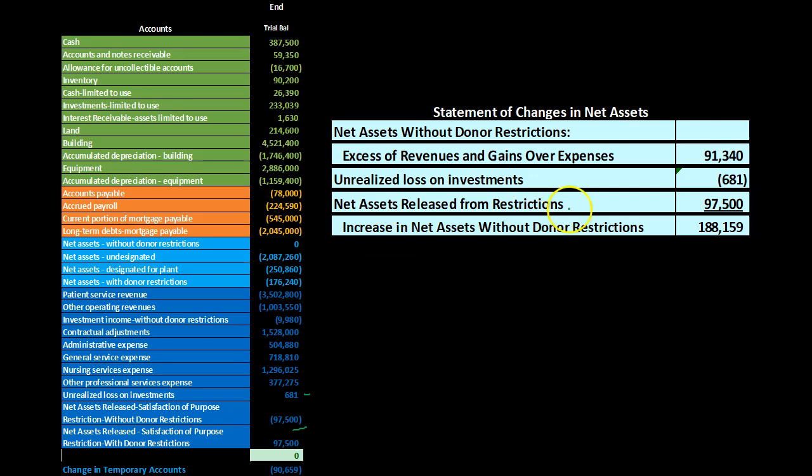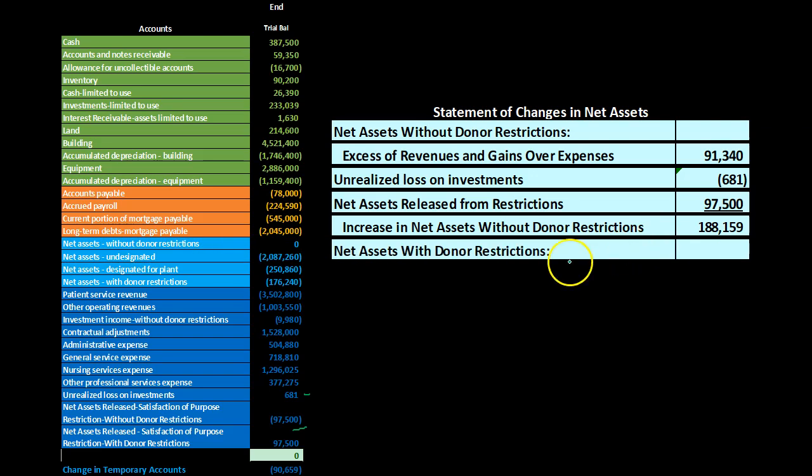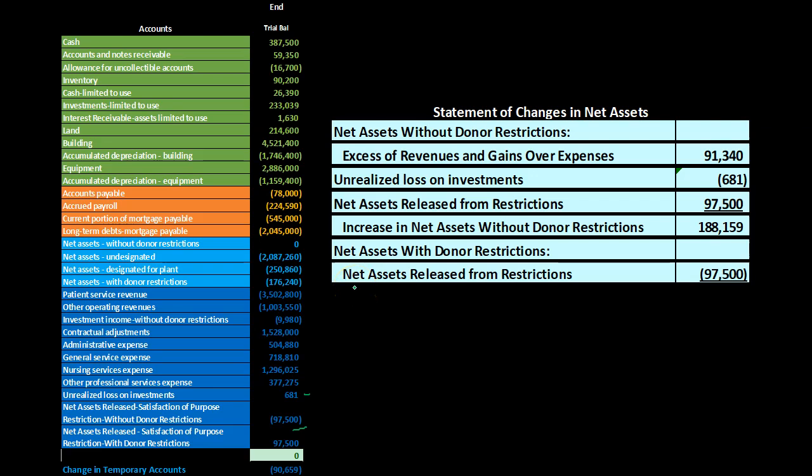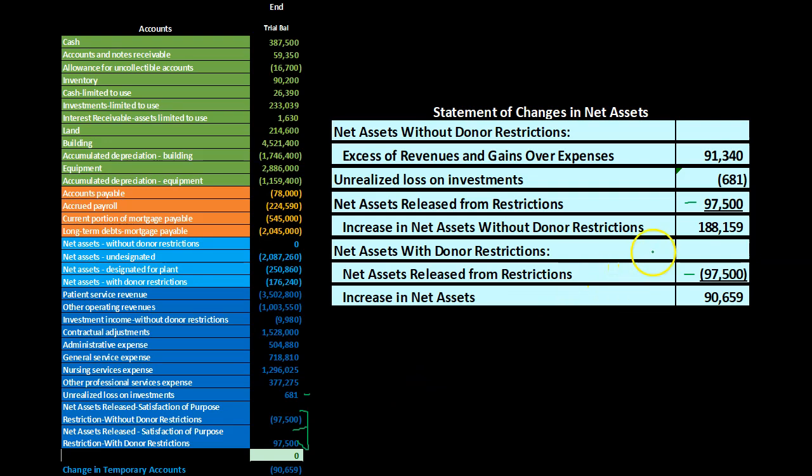So the increase in net assets without restrictions then, the 188,159. Next, we're going to say the net assets with donor restrictions are going to include net assets released from restriction. So notice that these two basically cancel each other out now, right? We added that, now we're subtracting it just as we do here. And then if we take that 188,159, the increase in net assets without donor restrictions, and we subtract back out the 97,500, we get to the 90,659,